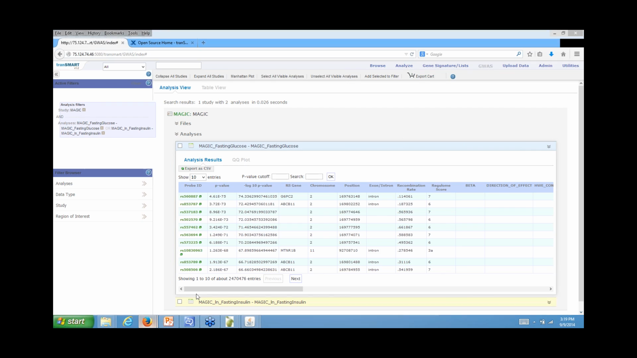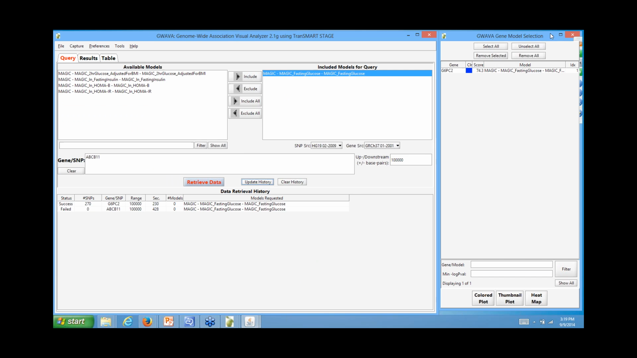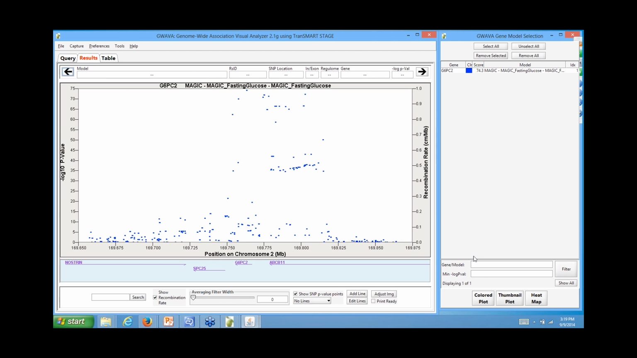I'll just give you a very, very basic demo. Let's go back to tranSMART for a second. If you look at this fasting glucose analyses, you can see that this gene, G6PC2, was very highly significant. So basically what you can do with GWAS is select your available models, in this case the MAGIC models, and give it either a list of genes or RSIDs, and click retrieve data. When the data comes back, as it has for this G6PC2,